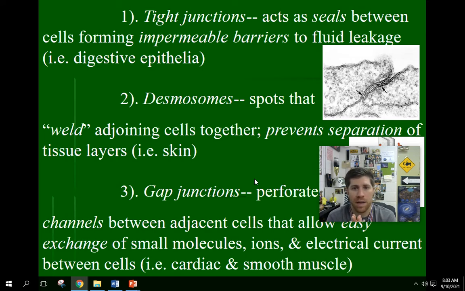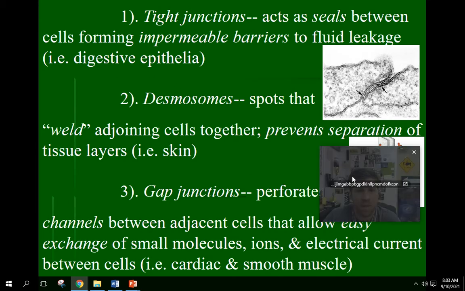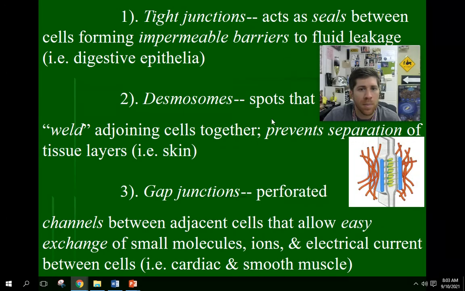And that's helpful because that allows us to not leak fluid, which would be really bad. So we don't want to leak our digestive juices out of our cells. For example, in the digestive epithelia, which is the lining of your digestive tract, you'll see things like tight junctions. Desmosomes, if I move up, are spots that weld adjoining cells together, and that's going to help us not